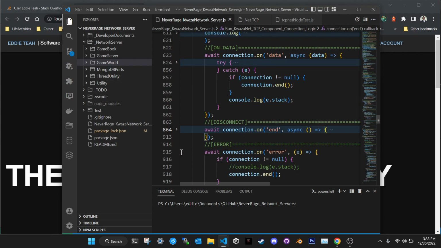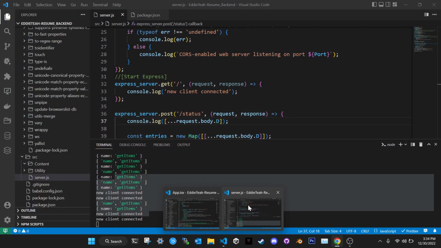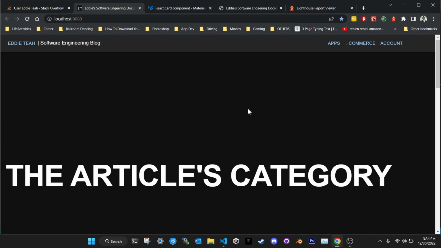And yeah, so I ended up building my own networking protocol and my own networking system. And it took me a while. So that's what I've been doing in the background, and that's what I have on my resume.